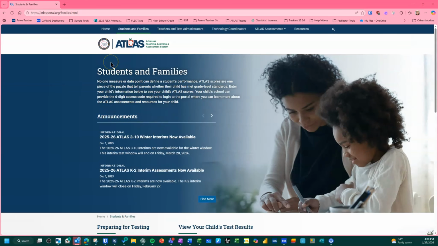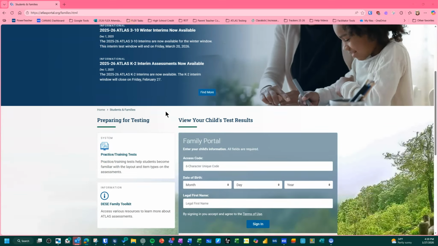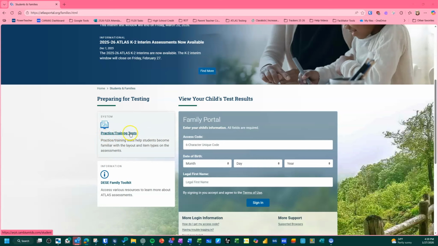Alrighty friends, so I am at atlasportal.org. I'm on the Students and Family tab. So if you go to atlasportal.org and then click on Students and Families, it's going to take you right here. I'm going to scroll down where it says Practice and Training Tests, and I'm going to go ahead and click